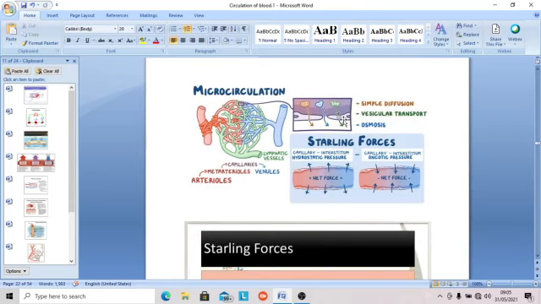These are the Starling forces. I told you the same thing. The Starling forces are the blood pressure and osmotic pressure, or it is all called hydrostatic pressure: hydrostatic pressure inside the capillary, hydrostatic pressure outside the capillary in the interstitium. In the same way, the oncotic pressure, that is the osmotic pressure of the plasma proteins, is within the plasma, and outside the plasma in the interstitium. They will oppose each other. These are called Starling forces.